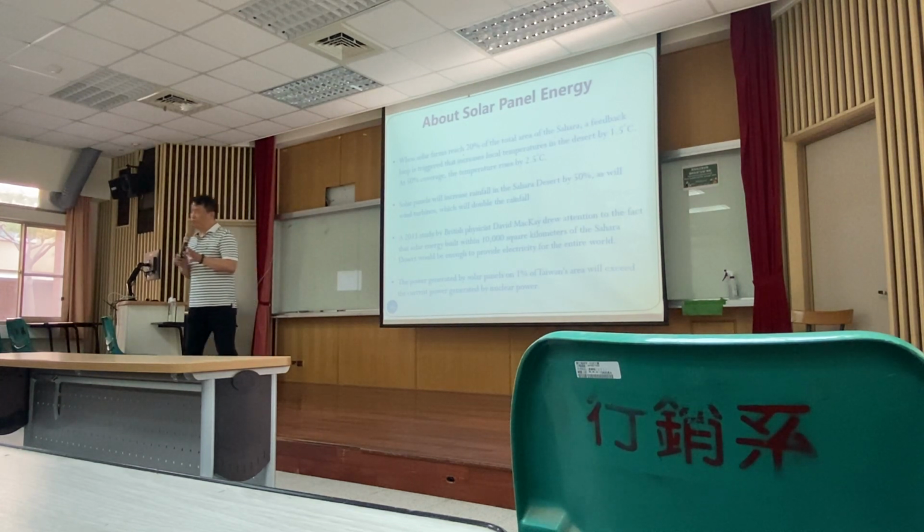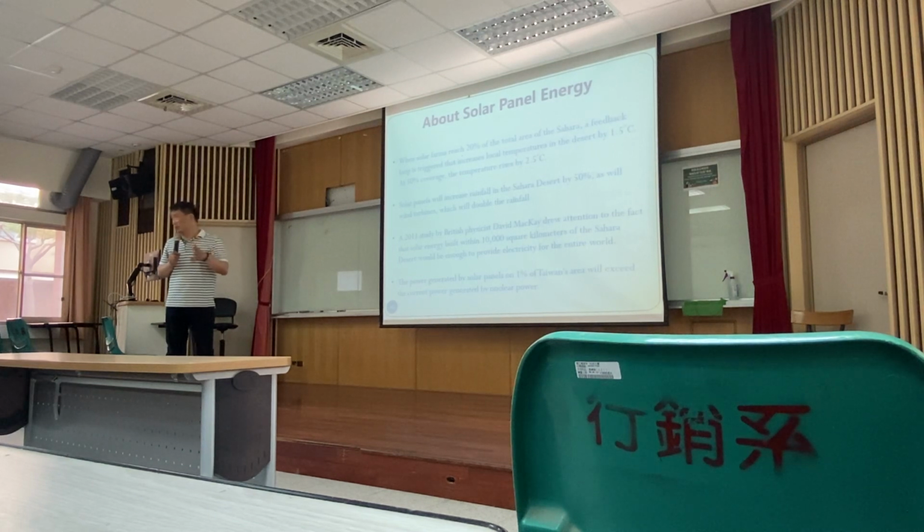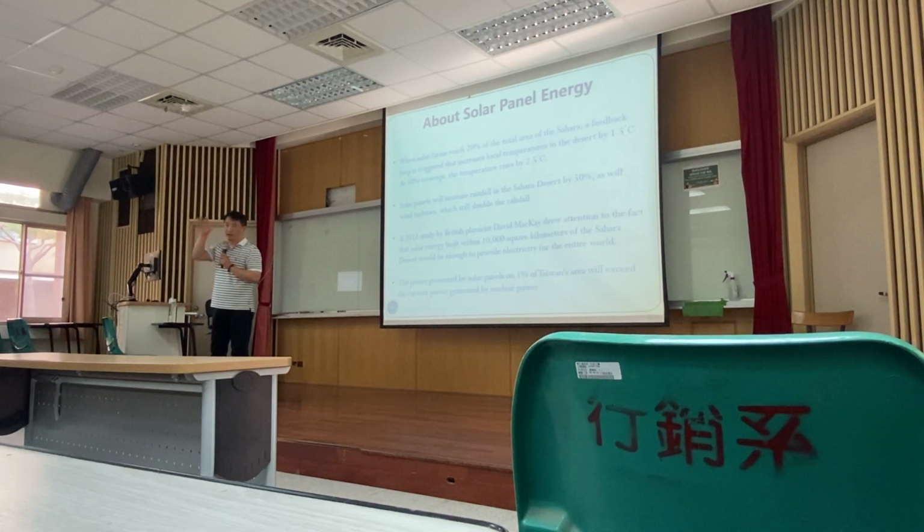Solar farms shouldn't be too condensed. I suggest about 10% in a certain area. It should be scattered around, not too concentrated. If the concentration rate is 20%, it's going to affect the temperature and the climate. The first thing is the local temperature is going to rise.